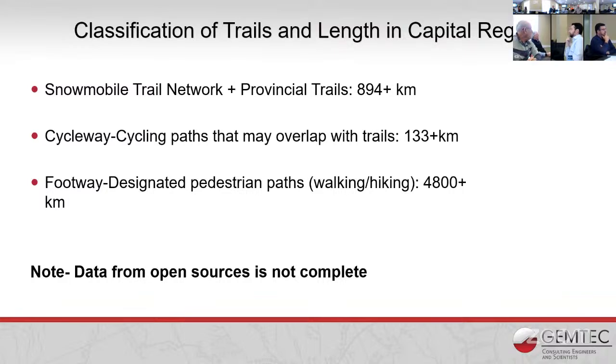So far, we have the snowmobile trail network, plus the provincial trails, the cycleway trails, and the footway designated path. I want to bring to your attention that the data from the open sources is not 100% accurate. You can take that with a grain of salt. It's free data.